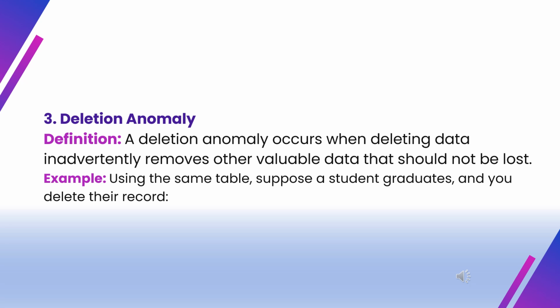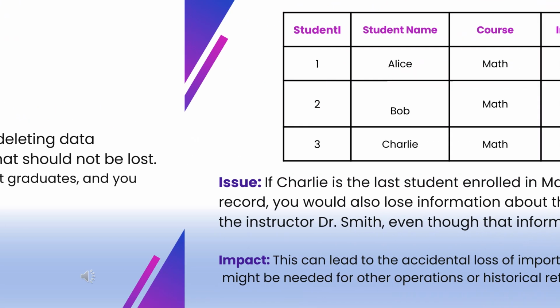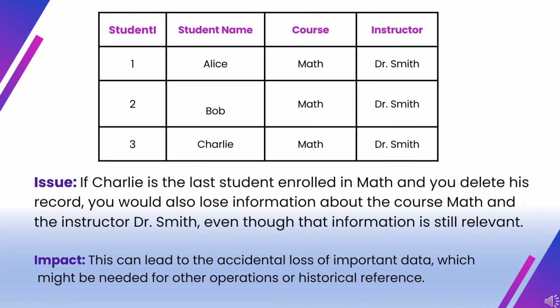3. Deletion anomaly. A deletion anomaly occurs when deleting data inadvertently removes other valuable data that should not be lost. Example: using the same table, suppose a student graduates, and you delete their record. The main issue in the table is, if Charlie is the last student enrolled in math and you delete his